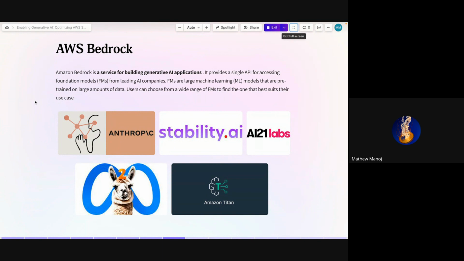Llama 2 was recently introduced, which is a big model, and Anthropic Claude 2, which we looked into in the past few webinars, is also available in Bedrock. We can use all of these models to make your own application.